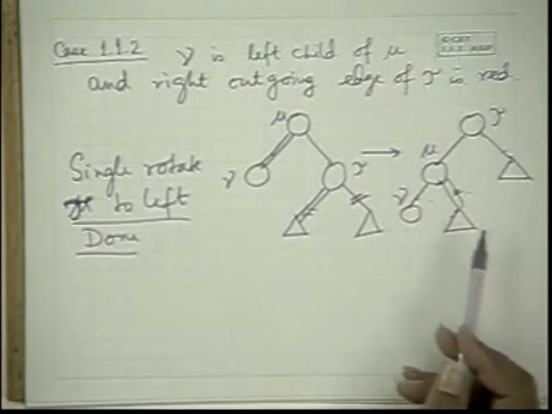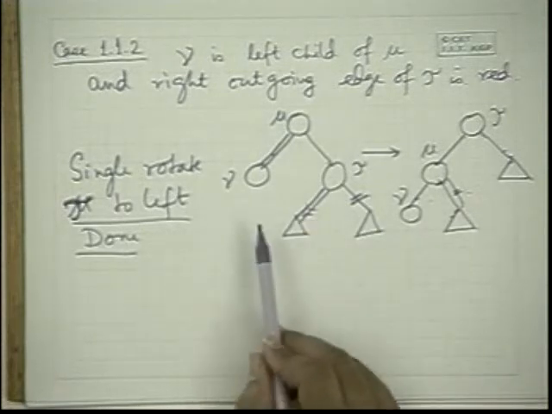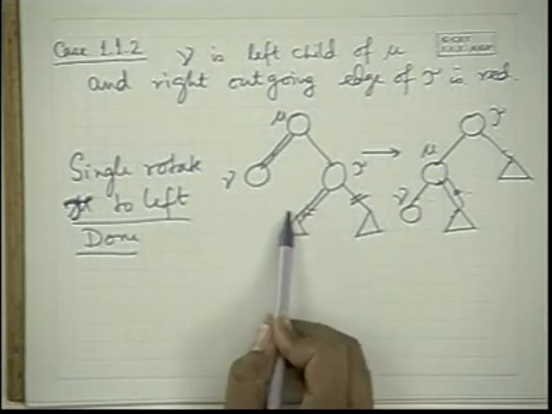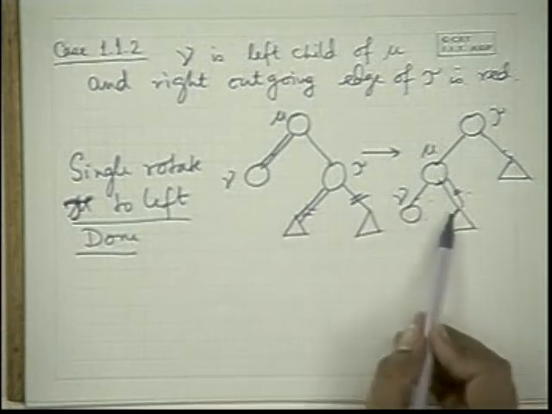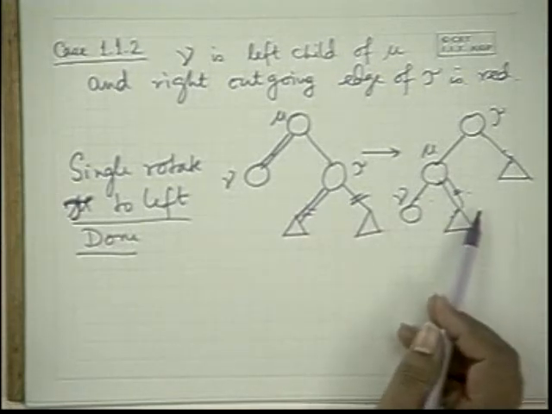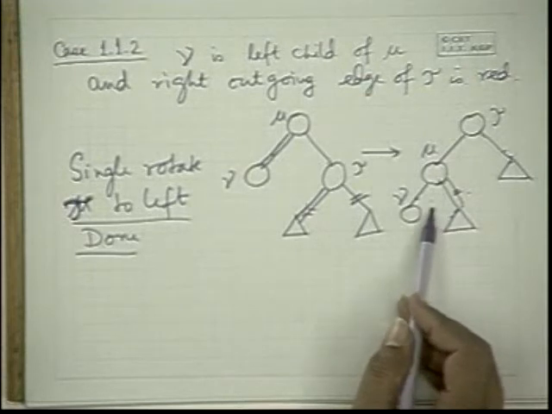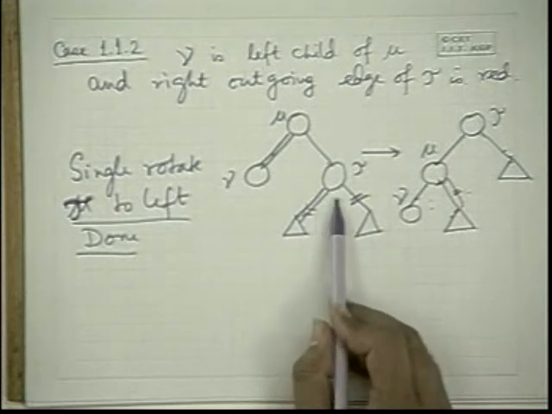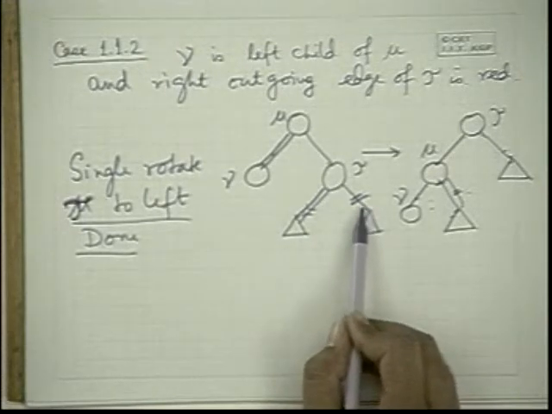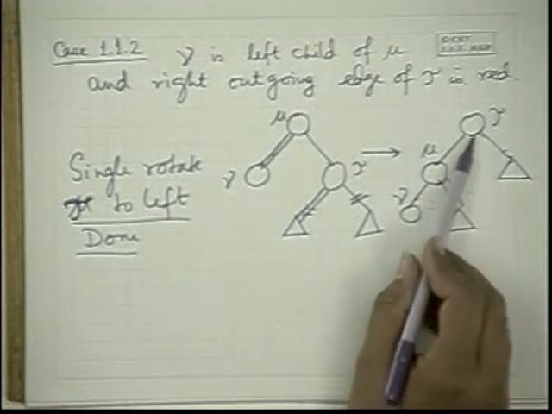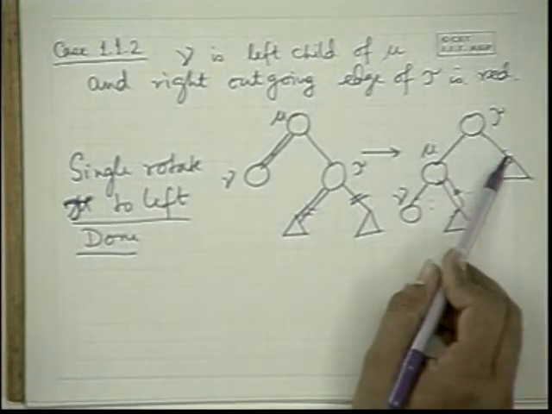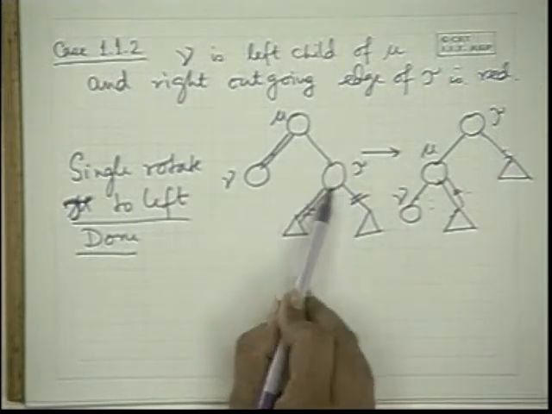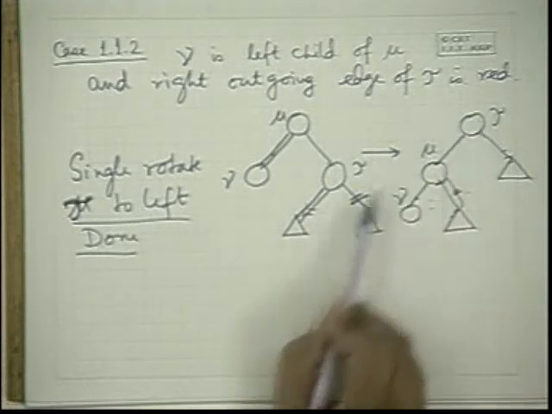But is the left child of tau red or black? We are just keeping it as it is. Even if it is red or black, we are not disturbing that one at all, because that does not affect us. It affects us in that now the right child of tau won't have 2 black edges. We don't need two black edges here. Now tau has moved up. Its black height should be the same as this one.